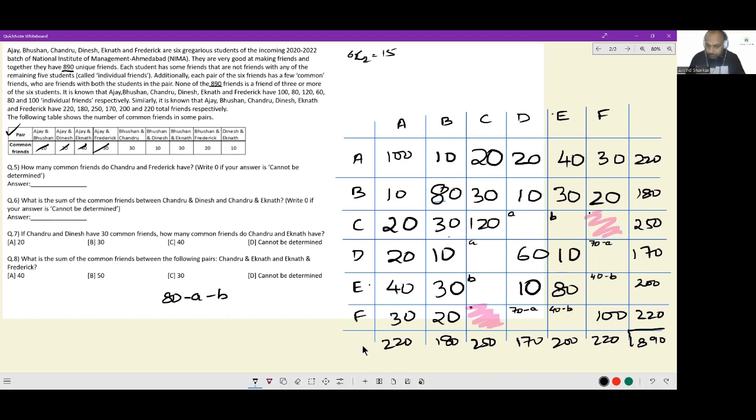Now row wise, 30 plus 20, 50, 50 plus 70, 120, 120 plus 40 is 160, 160 plus 100 is 260. Right now I have a summation of 260. So I need to subtract 40 in order to reach 220, and I of course need to add back A plus B minus 40. This I need to reach, which tells me wonderfully, look at this, 80 minus A minus B is equal to A plus B minus 40.